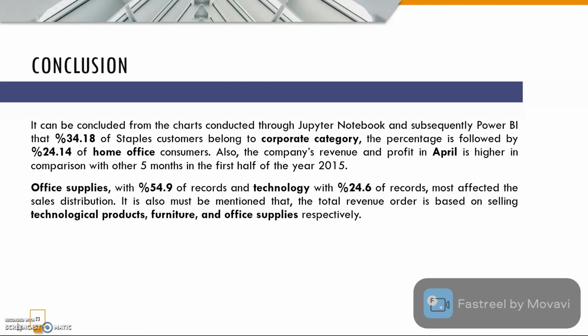Also, the company's revenue and profit in April is higher in comparison with the other 5 months in the first half of the year 2015. Office supplies with 54.9% of records and technology with 24.6% of records most affected the sales distribution. It must also be mentioned that the total revenue order is based on selling technological products, furniture, and